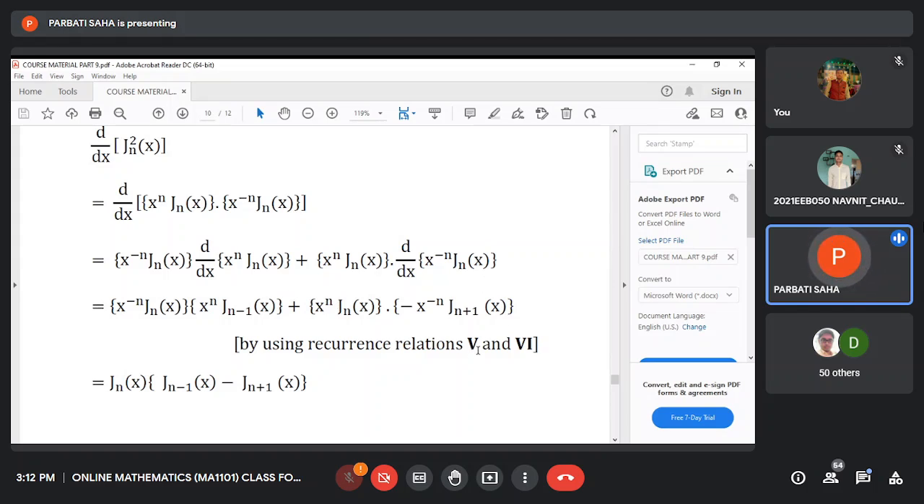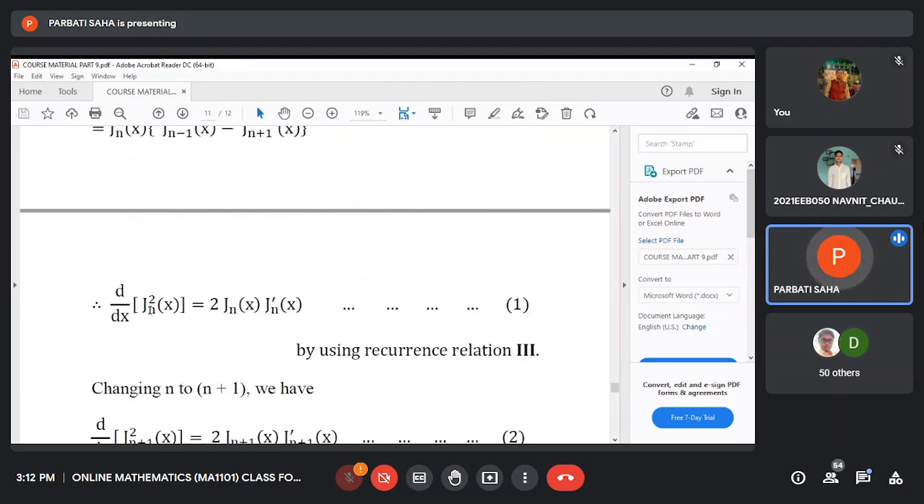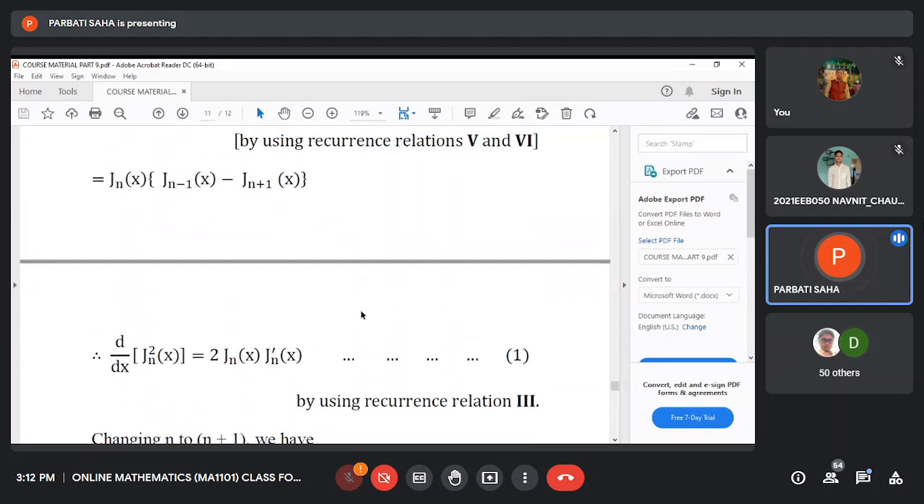Just use this 5 and 6. We have used these relations 5 and 6. We put these values obtained from 5 and 6, and then after simplification it will be like this. So d/dx of Jn square x equals this. Okay, now you see,